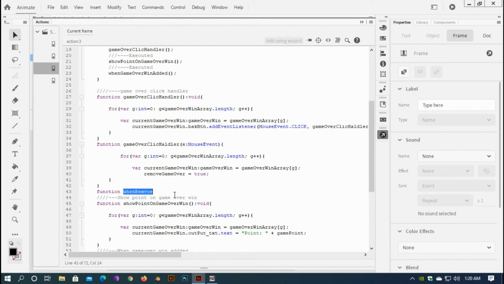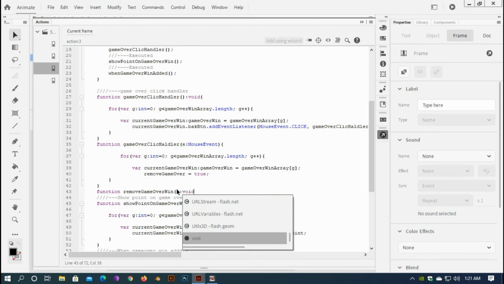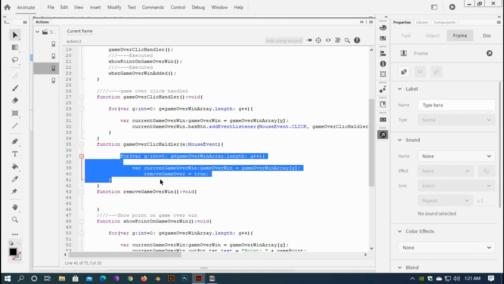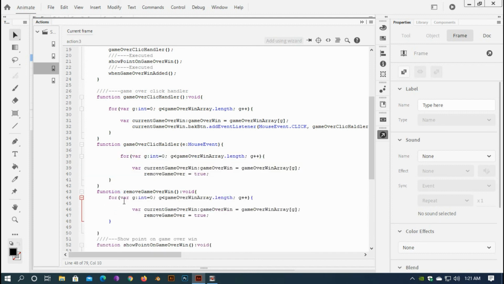So remove game over win, not when, remove game over win and void, and copy the same for loop, paste it here,